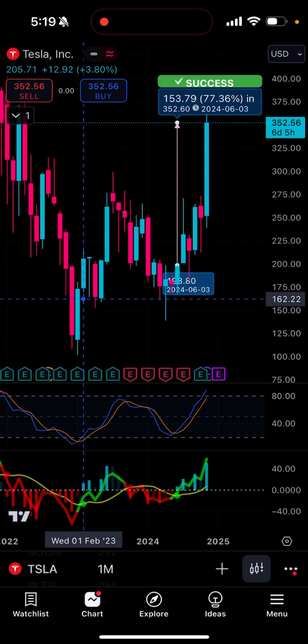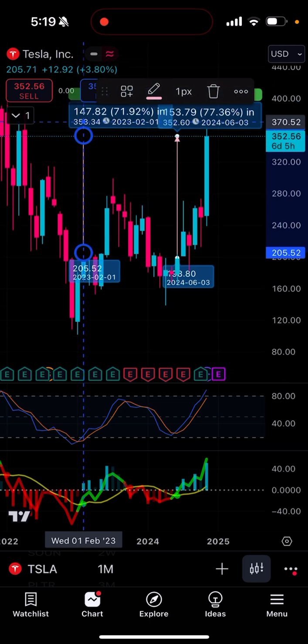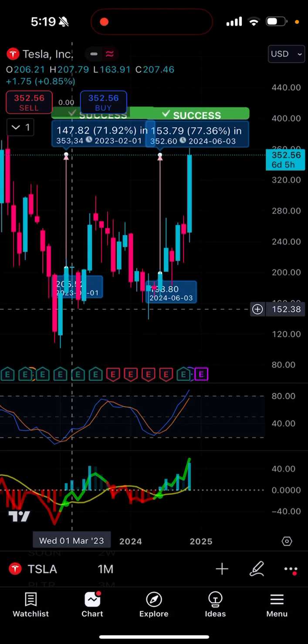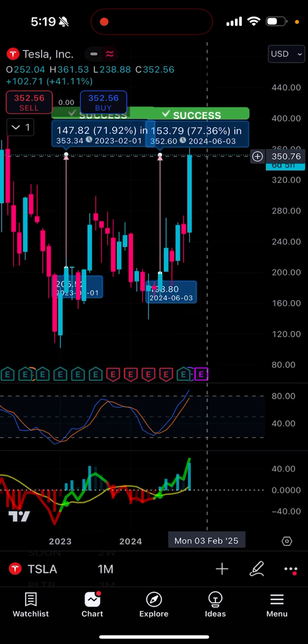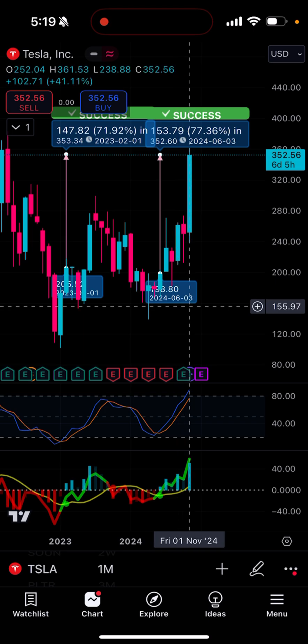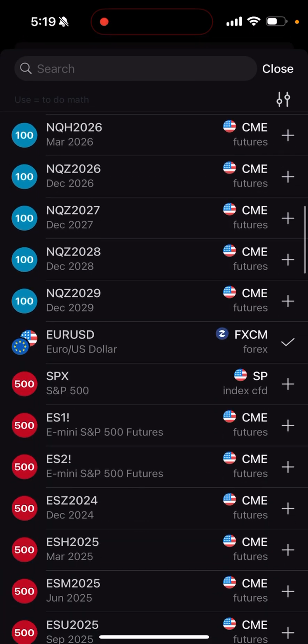The last time was February 2023. Holding long term, you would have been up right now, again, roughly that same amount, 71%. So each entry, you would have bought the low area, that low range. You would have been up 77% if you bought in June. In the last 5 months, you would have been up 77%, beating the S&P by 10x, 1,000%, right?